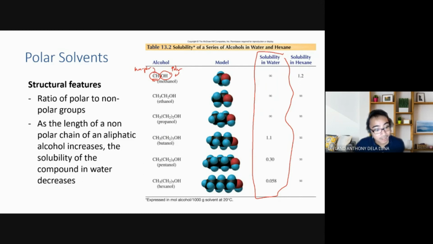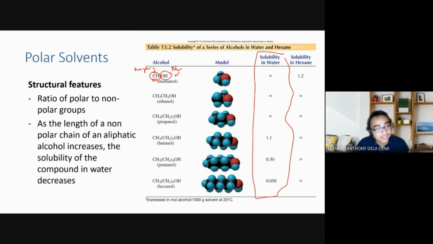Okay? Non-polar. Technically, almost equal pa sila, right? Almost equal pa. So, therefore, class, mas water-soluble pa rin siya. Technically, it still becomes water-soluble. Now, as I increase the number of carbon chains attached to my molecule, to my aliphatic hydrocarbon, anong nangyayari sa